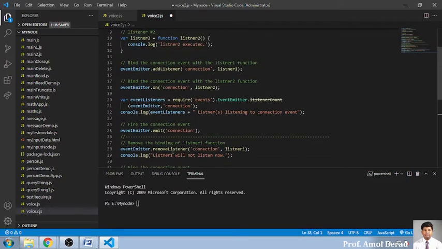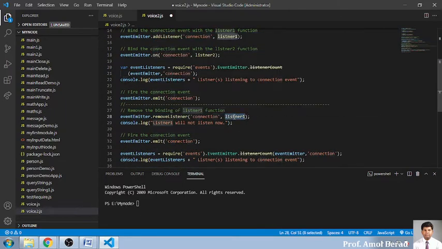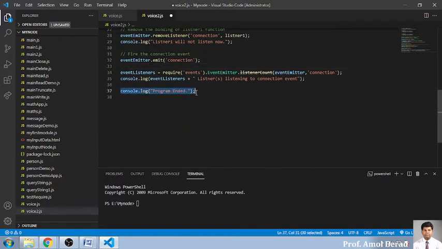So here the main operation of this program is adding one single listener using the add listener operation. We are adding a specific name and binding two different types of functions using the on function. And if you want to remove it, you use remove listener, and the first function, listener 1, we are removing from execution, and only one function will be executed. Now we'll go for a demonstration, and in the end we will see that the program is ended. So this is what we are expecting in the program.